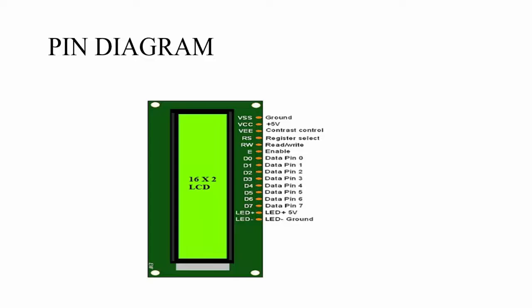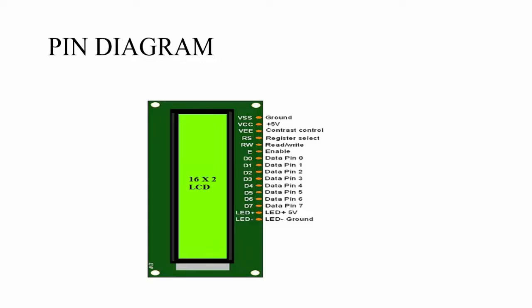Then pin 4. Pin 4 is the register select. This pin toggles between the command and data register. It is also used to connect to the microcontroller unit. As I said, these pins are command and data pins. 0 means it gives data mode, and 1 means it gives command mode. Later we will see how it works and how to connect it to an Arduino board.